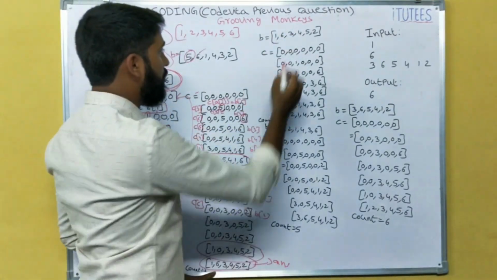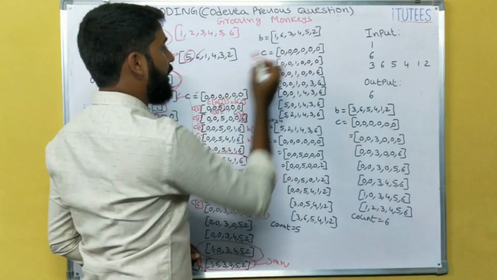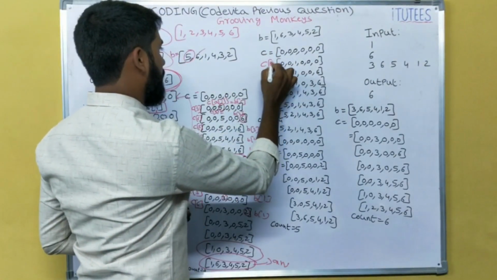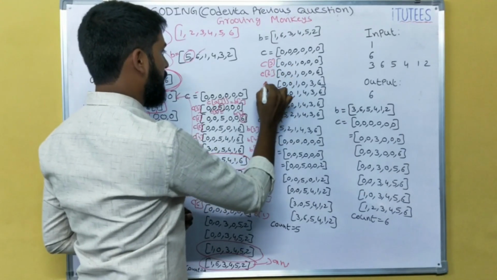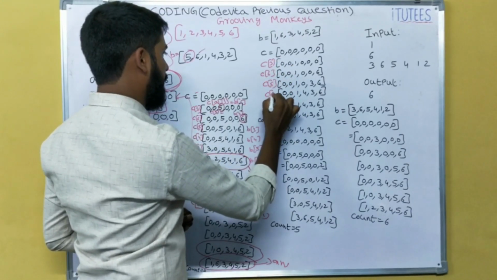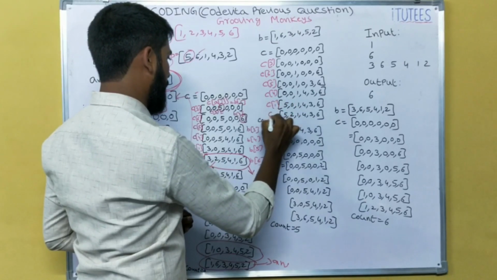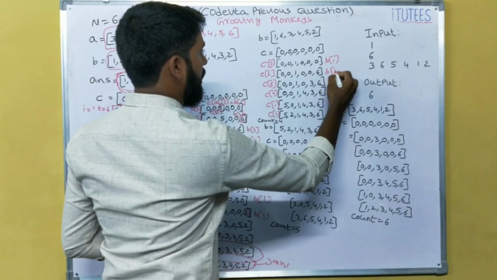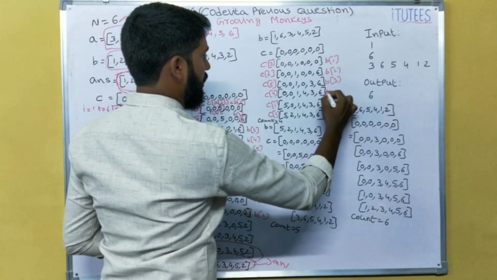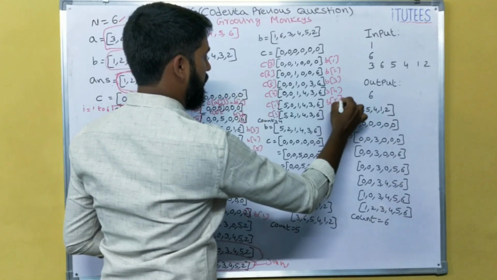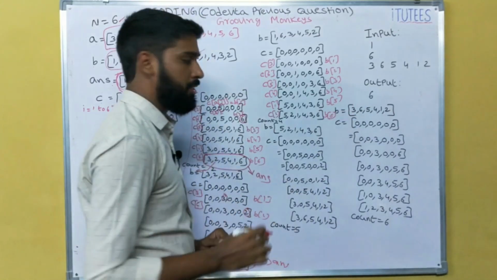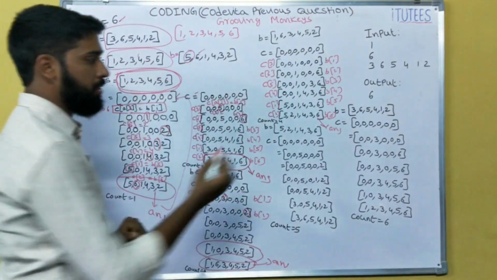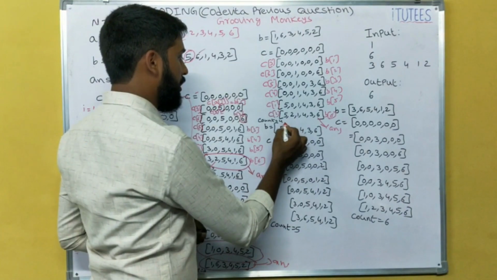So B equals to 1, 6, 3, 4, 5, 2. Again this is the C. So this is the first iteration. So C of 3, C of 6, C of 5, C of 4, C of 1 and C of 2. So C of 3 equals to B of 1, C of 6 is B of 2, so B of 3, B of 4, so B of 5, so B of 6. So this is the C. Now we can check with the answer. What is the answer? 1, 2, 3, 4, 5, 6. So it is false. So increment the count.